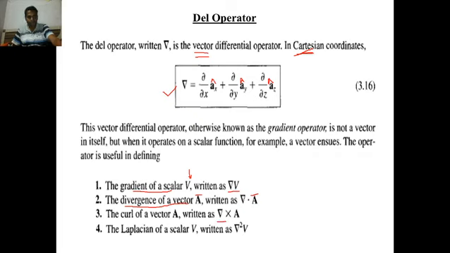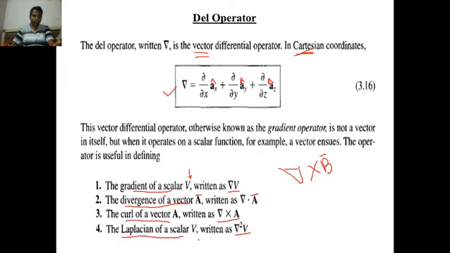If you take the cross product of any given vector with the del operator in this fashion, then it is called the curl of that vector. For example, how would you write the curl of B bar? You can write it in this fashion, curl of B bar or curl of B, no problem. Similarly you can find the curl of any vector, you just have to write del cross that vector. If you apply del square to any scalar, del square V for example, then it is called the Laplacian of that scalar.